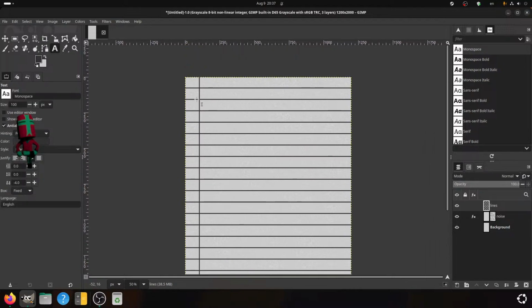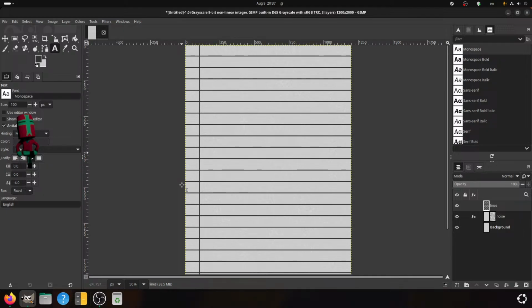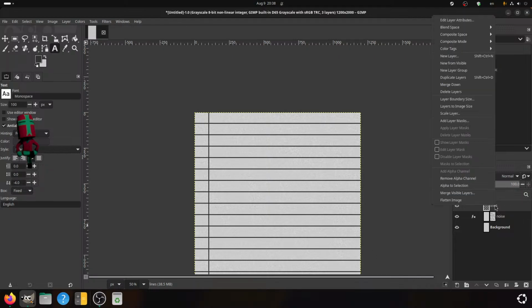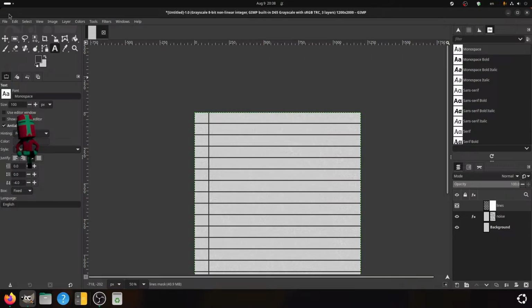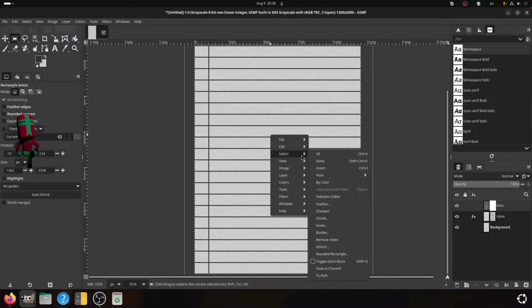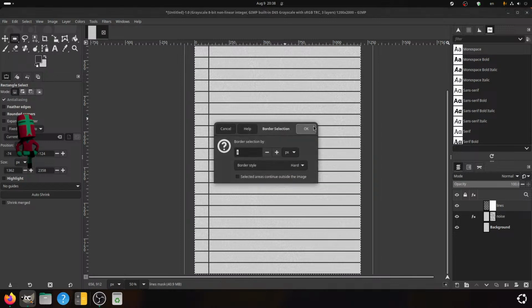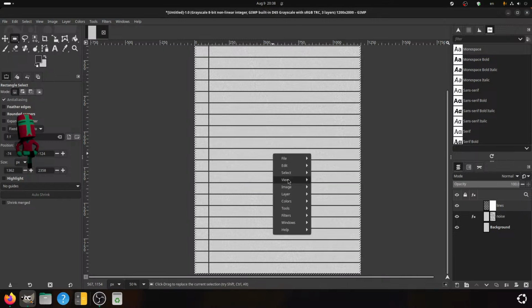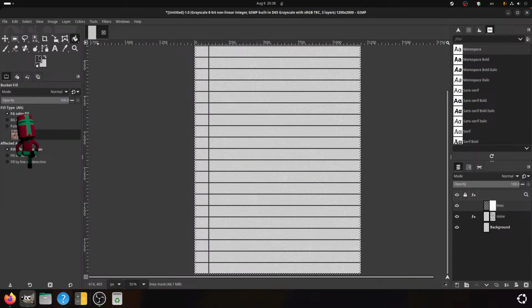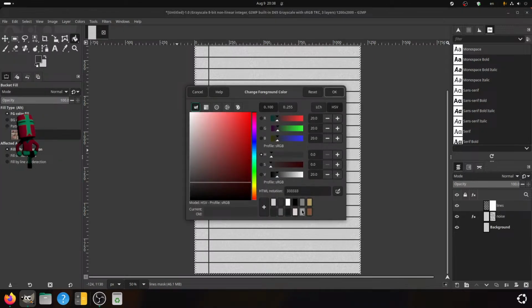And now I can write something on this grid, if I would like to. Also, add layer mask. Select all of it and select border 8, select feather 4 and paint it black.